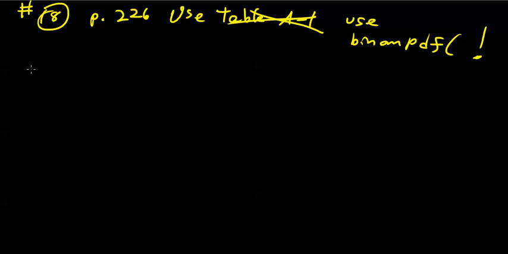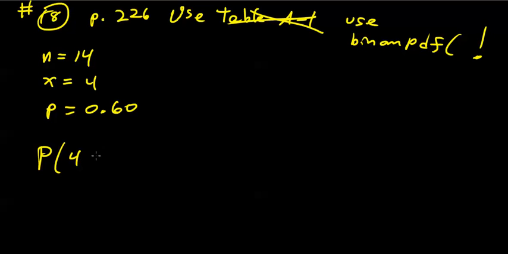Alright, so if I look at 18, 18 cites an n equals 14, desired number of successes is 4, and let's assume a probability of success in any one of those 14 trials is 0.6. Alright, so I can plug this out. The probability of 4 successes in 14 trials